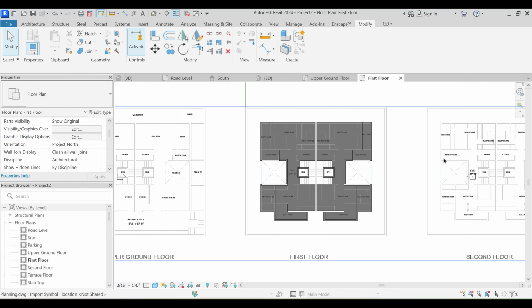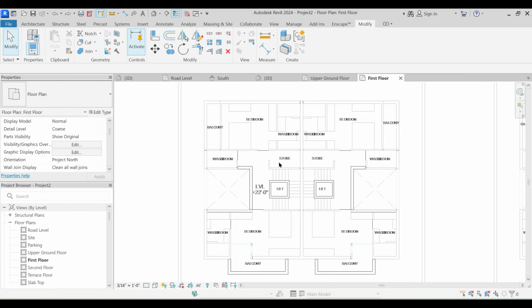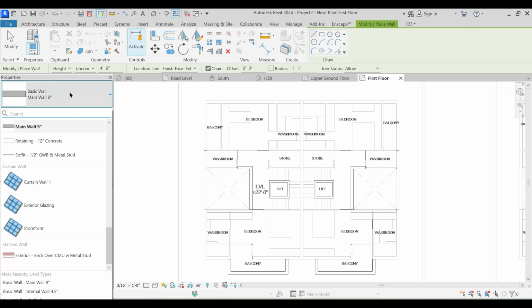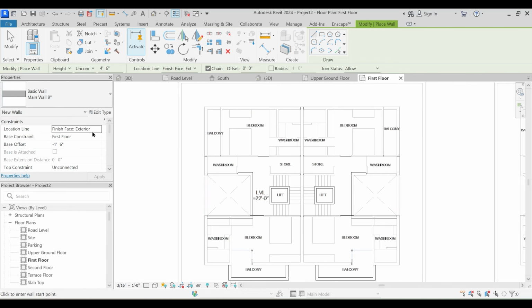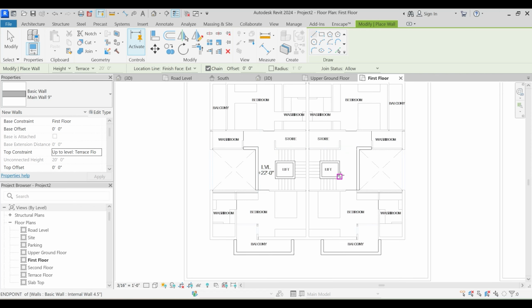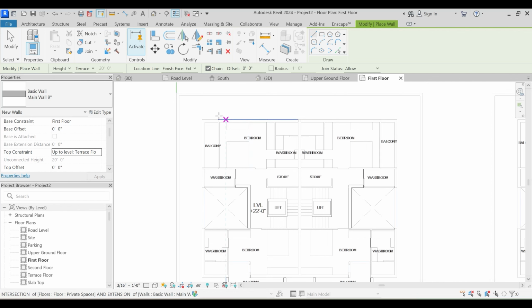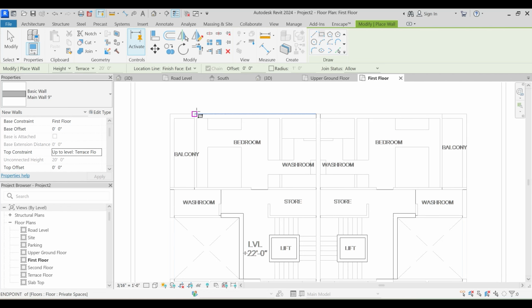CC, HH, no, we need that particular floor plan, or else how will we construct the walls. So WA and main wall, and this time the constraint would be, let me just click here once, and I then change the constraint, first floor and 0, and now we will directly take this up to terrace level. Fine, so the unconnected height is 20 feet because this is a typical floor plan. This is a typical floor plate for 2 consecutive floors. Fine, so just say that,